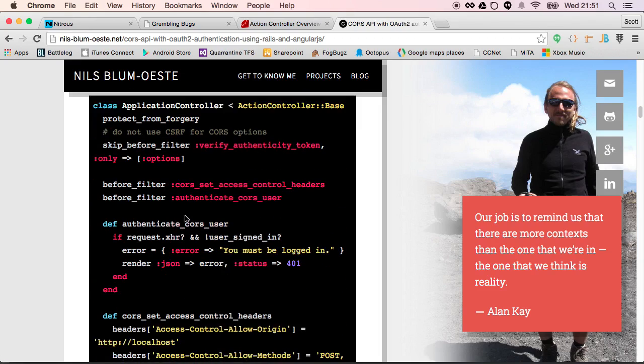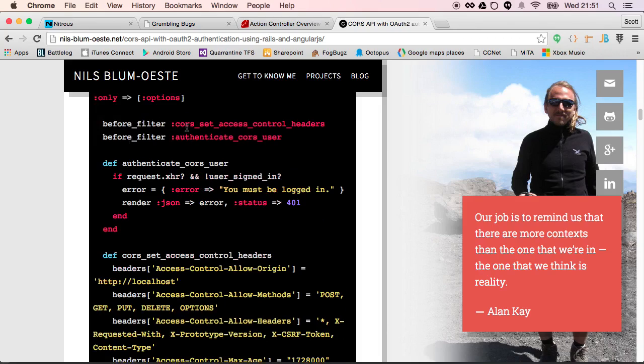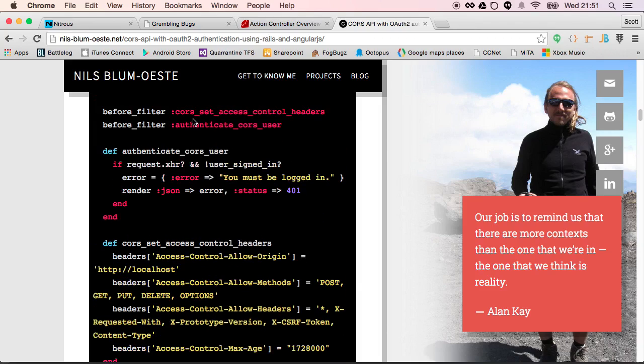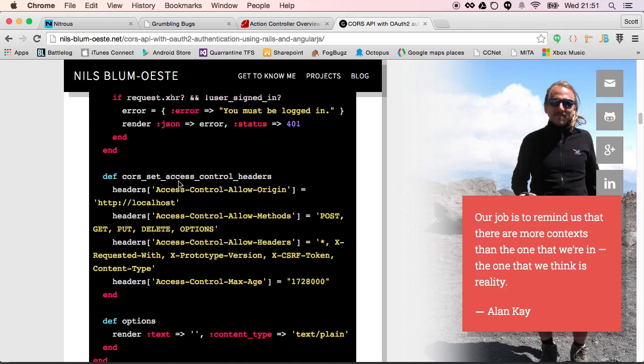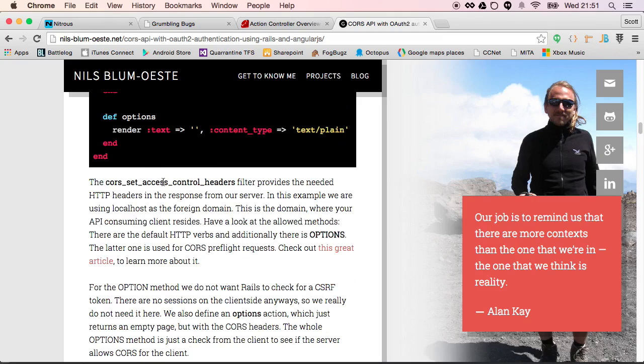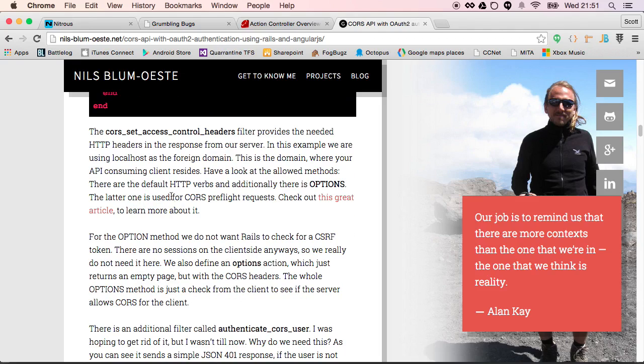Cores. Aha, this is that verify authenticity check. Okay. And then authenticate cores user. Request XHR not user signed in, must be logged in. The cores set access control headers filter provides the needed HTTP headers in the response from our server. In this example, we are using localhost as the foreign domain. This is the domain where